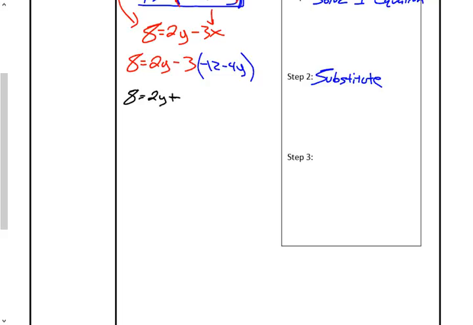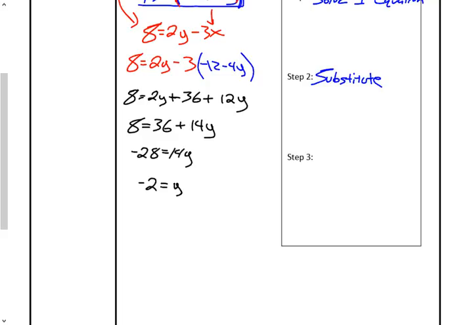All right, so like so. And we'll have to combine like terms. And let's subtract that 36. And divide by 2. And after all of that,